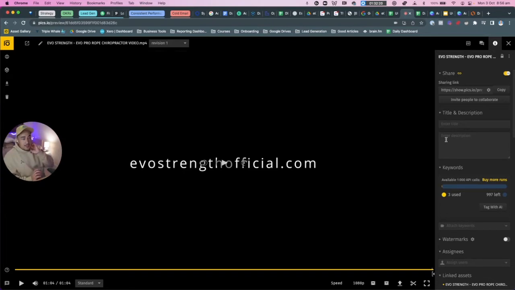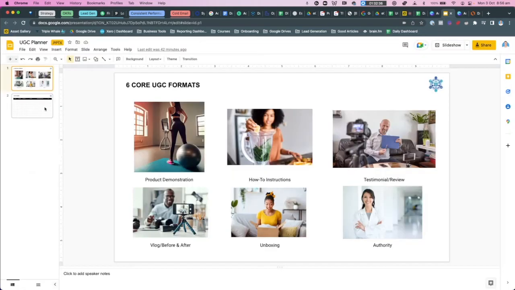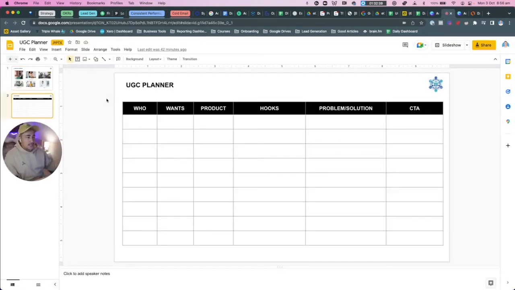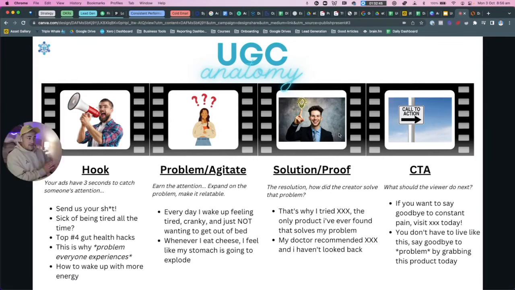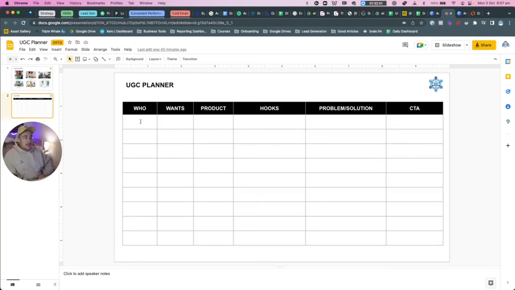So those are some examples of some UGC. Very last thing I want to show you is the second page of our UGC doc here. So, like I said, you want to be thinking about your UGC in these four parts of the framework. And so when you're planning this out, you really want to be thinking about who are you going after,